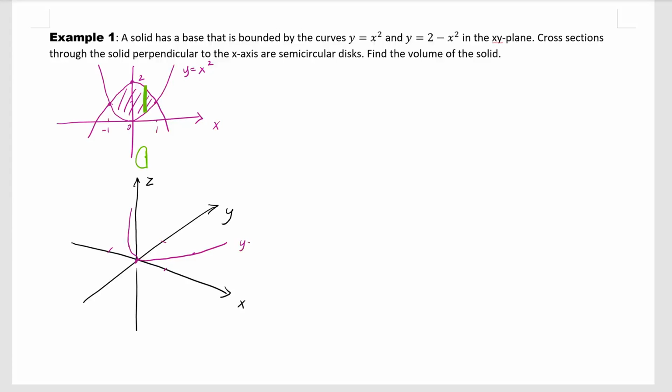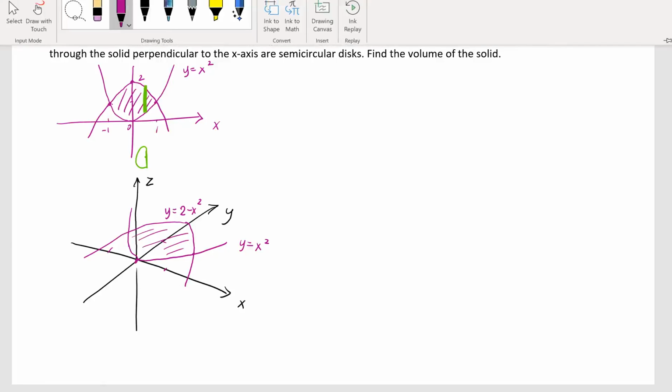Okay, so this is y equals x squared. And on the other one, I pass through (0, 2) and connect these two together. So this guy is y equals 2 minus x squared. So this guy is our base. And then to construct the solids,